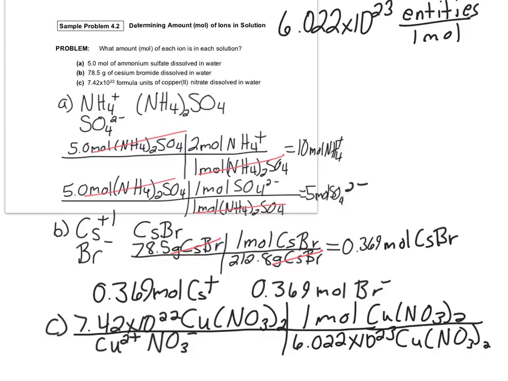Let me extend my T there. All right, let's do our math right there. For our units, they're going to cancel out, and I'm going to be left in moles. So let's see, I've got 7.42 times 10 raised to the 22 divided by Avogadro's number, 6.022 times 10 raised to the 23